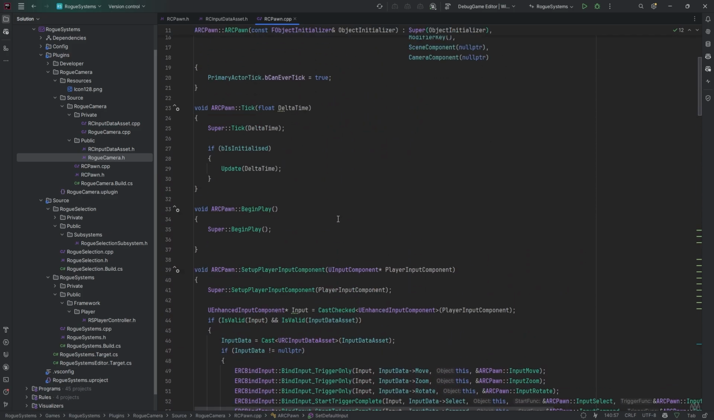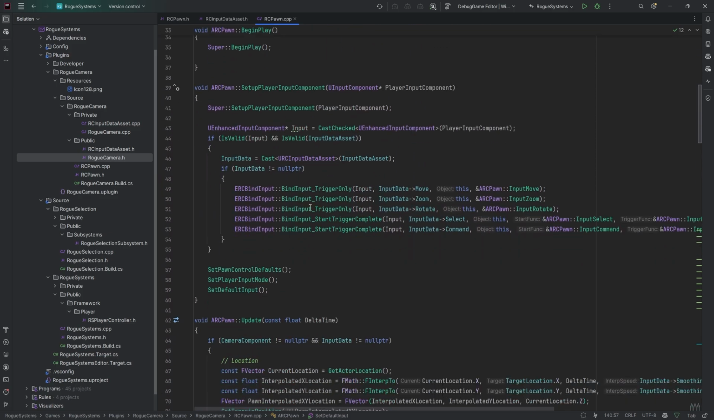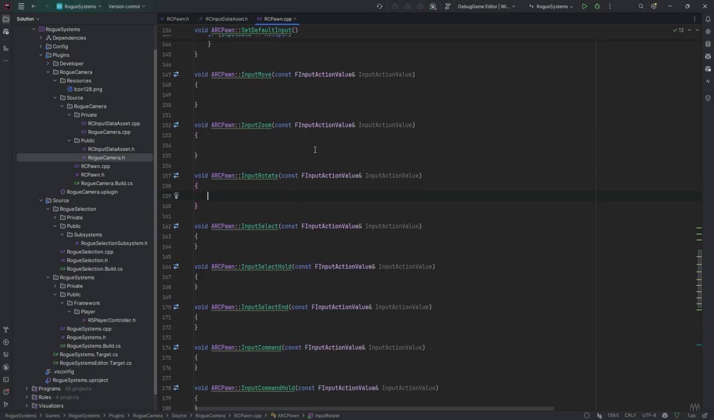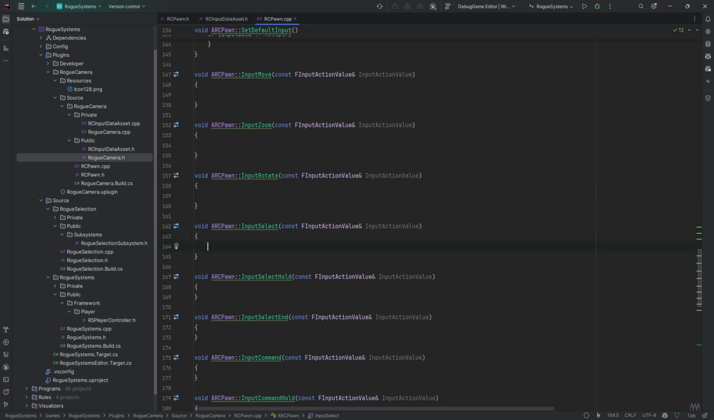Where are we up to? I think we're up to doing our inputs. So actually, before we go on to inputs, we need to decide how we're going to talk to, well, one, our selection subsystem and our game in general. So input, zoom, and rotate, they don't need to talk to anything. They're all going to operate just in this class. But when we get to input select, then we're going to need to talk to our selection subsystem, for example,